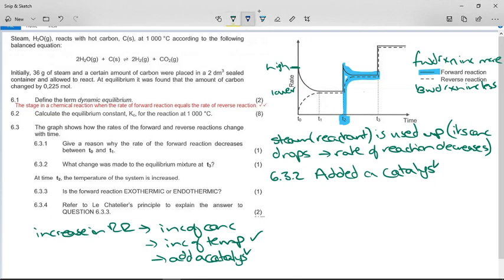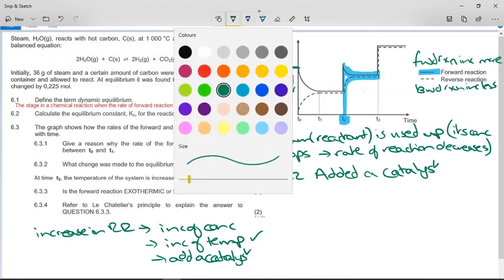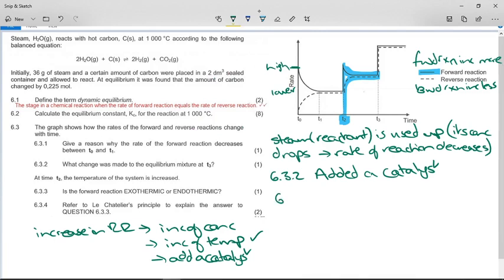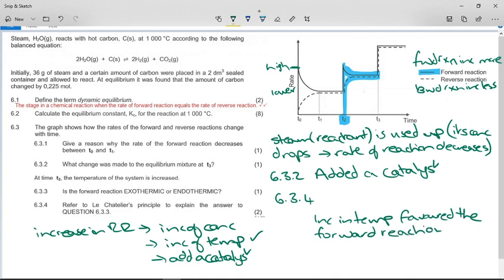But now, is the forward reaction exothermic or endothermic? If the rate of the forward reaction increased more, then we can say that the forward reaction was favored. So if an increase in temperature, I'm answering 6.3.4 before 6.3.3 because I have to do the logic before I guess the answer. So an increase in temperature favored the forward reaction. You can see that the forward reaction went up much more than the backward reaction, but according to Le Chatelier, an increase in temperature